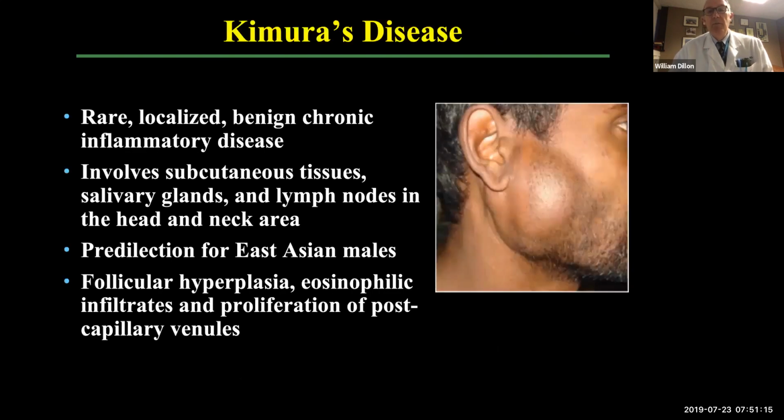Now, here's a rare masticator space mass. It's an odd disease called Kimura disease, and this involves the subcutaneous tissues as well as some of the muscles of the masticator space. It has a predilection for East Asian males, and what it consists of is follicular hyperplasia and infiltrates of eosinophils and post-capillary venules. It's a very odd sort of post-inflammatory mass that is sometimes chronic but benign,